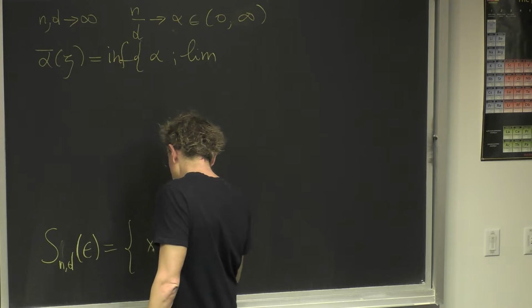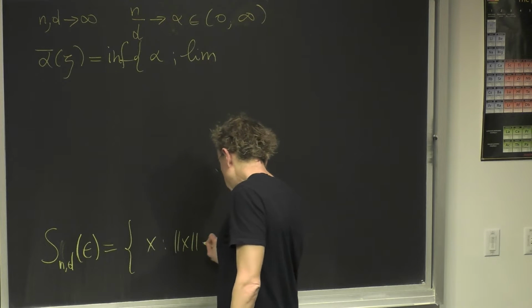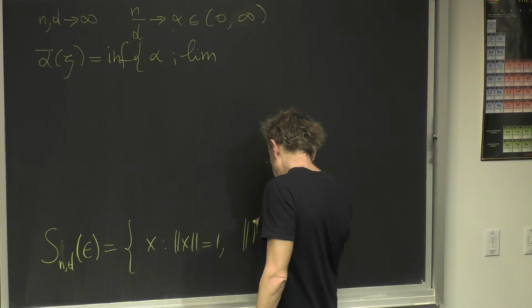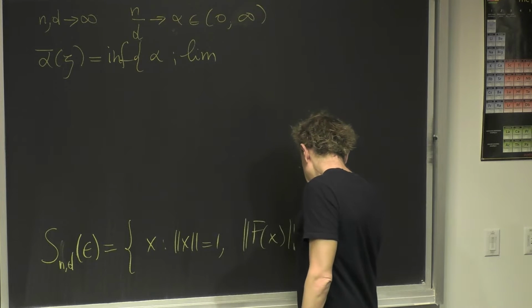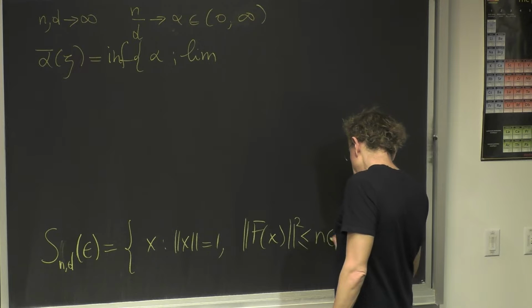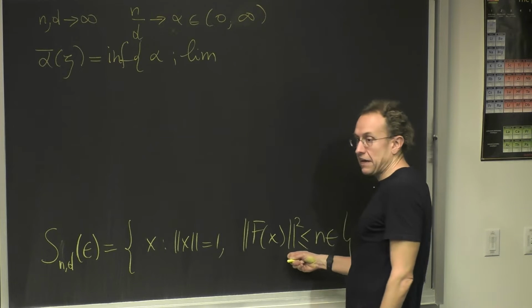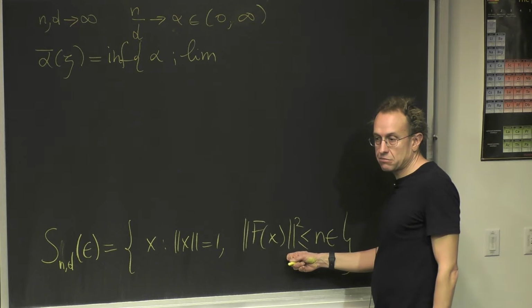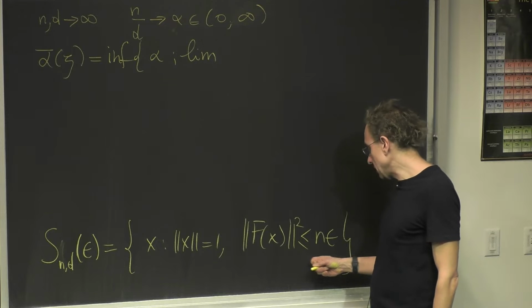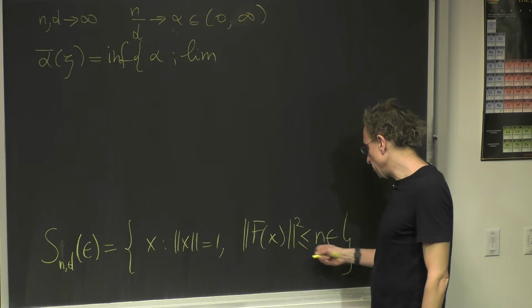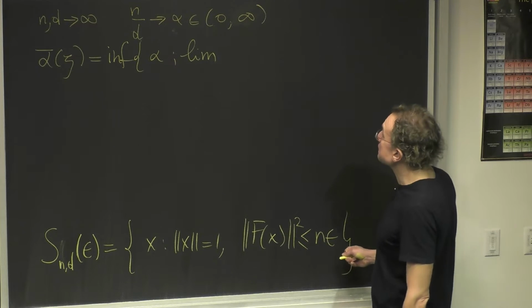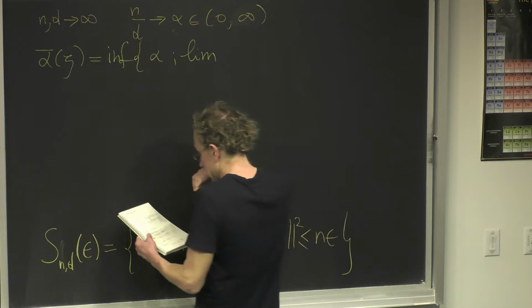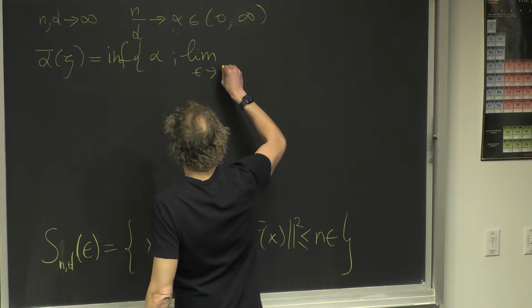This is the set of x such that norm of x is equal to 1 and f of x, F of x typically is of order n because each entry of f is of order 1. So at a random point, this will be of order n. I ask this to be less than n times epsilon, and I ask that